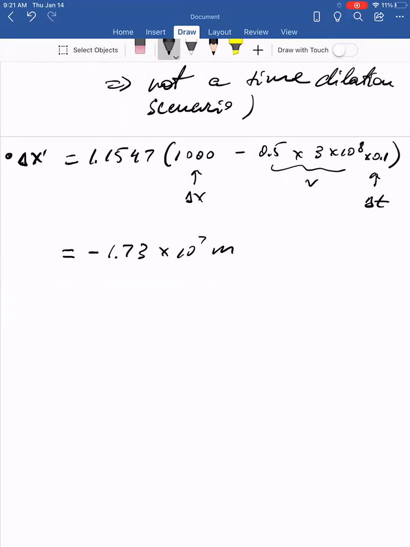Pause the recording, think about it, and then resume. So here's the answer. This is not a relativistic effect. Notice